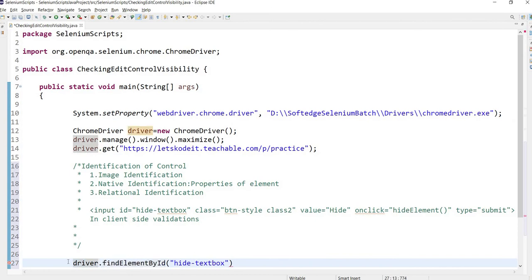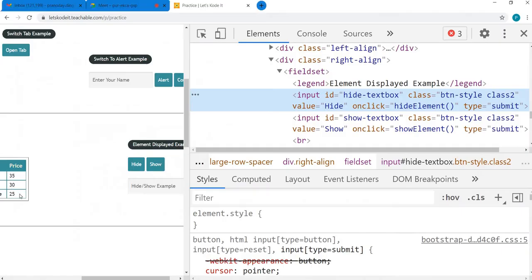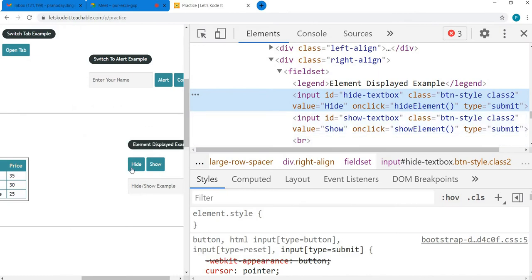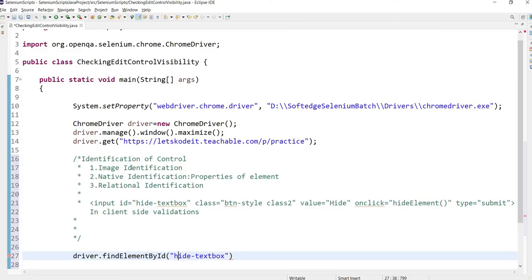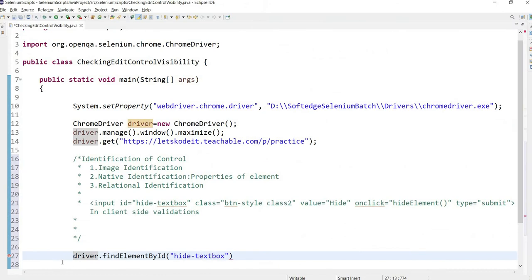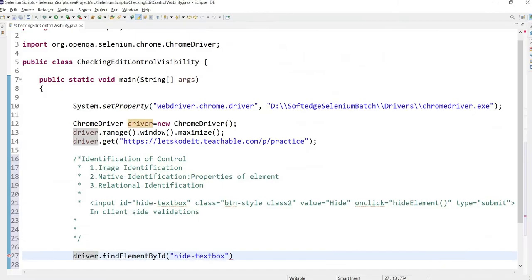Scripting reference means, I'll tell you what is meant by scripting reference. So I want to work on this control now. This is the identification of the control. So identification happened. Now we need the scripting reference in the form of a variable so that we can call the different APIs like click, send keys and all in order to work with the different UI controls. So the scripting reference, or the variable, or you can say the representation object for this control, would be returned to us, which is a web element.